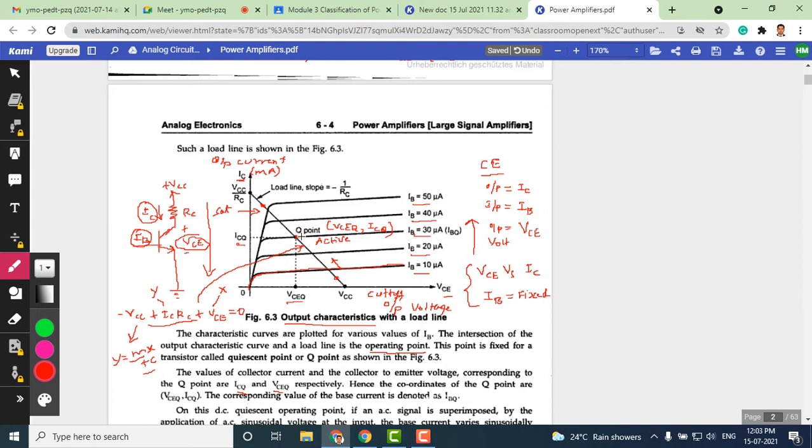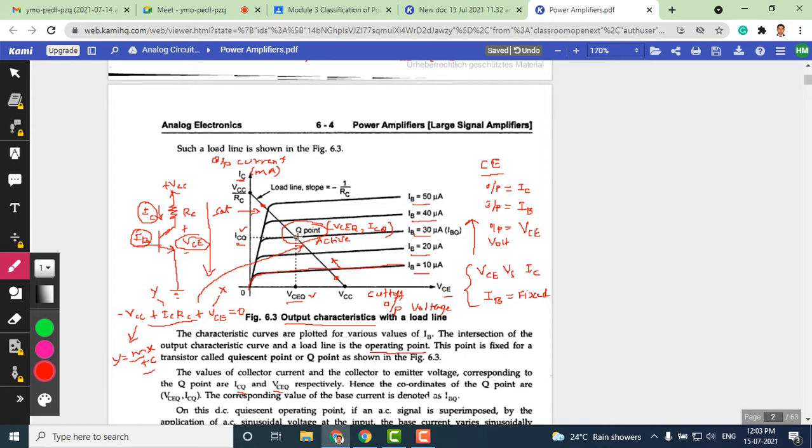Though here we have shown that the Q point for an amplifier has to be at the mid of the load line here. Q point is nothing but it has coordinates like VCE and IC, because if you extend towards the x-axis, the coordinate is VCE, and if this point is extended towards the y-axis, the coordinate is IC. So therefore, this is a point, like what we say in mathematics. In order to fix a point in space, we need to have two coordinates. Likewise, here also we have an x coordinate and a y coordinate. So having these two coordinates, VCE and IC, we can locate the point.